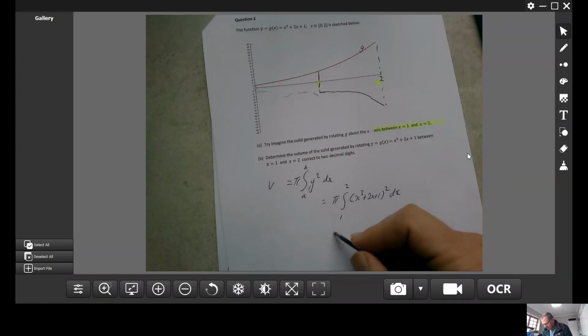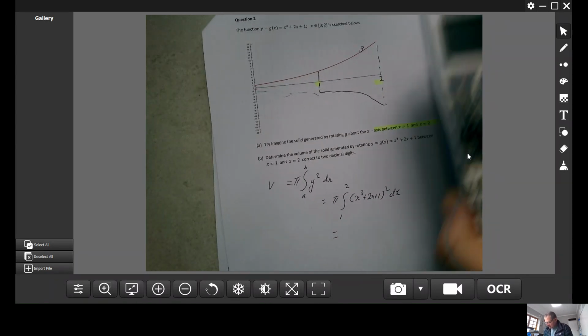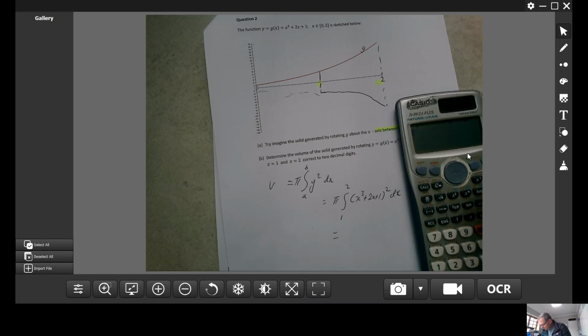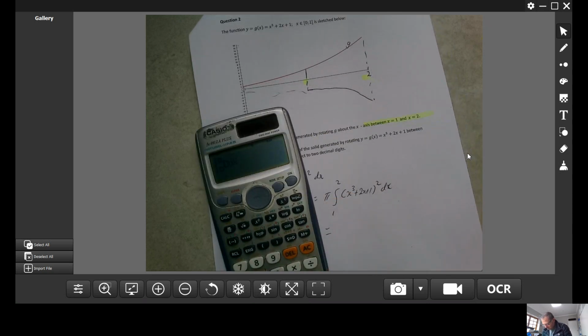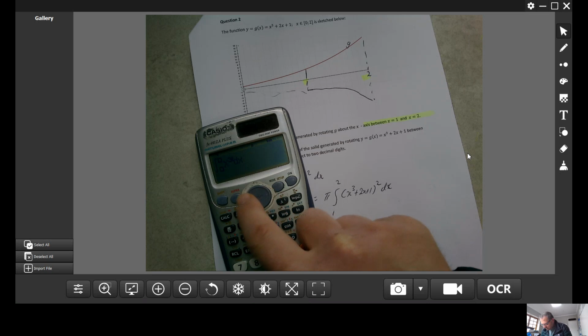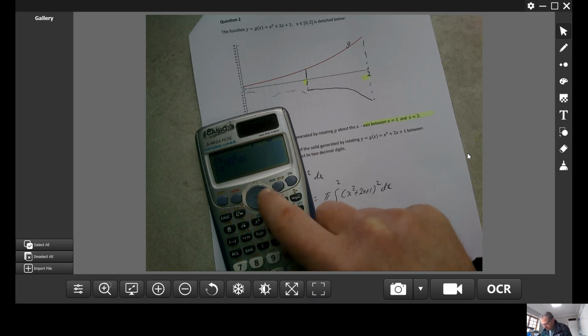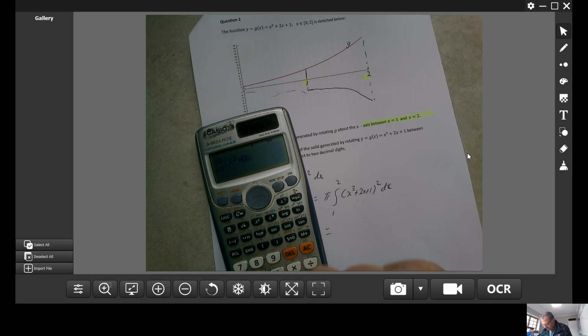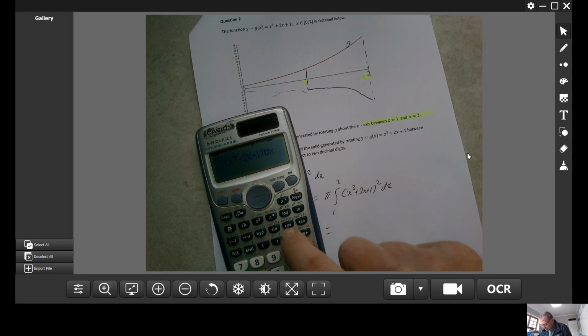Okay, and now we're just going to shove that into your calculator. So go do that for me, please. So you're going to get pi, let's do the integral bit first. The integral of x cubed plus 2x plus 1, with a bracket, all squared. So going from 1 to 2, bing,